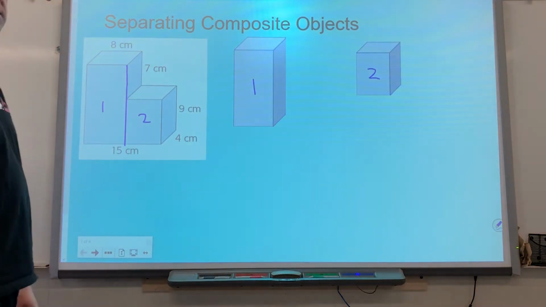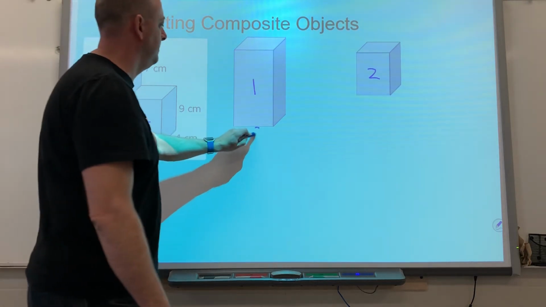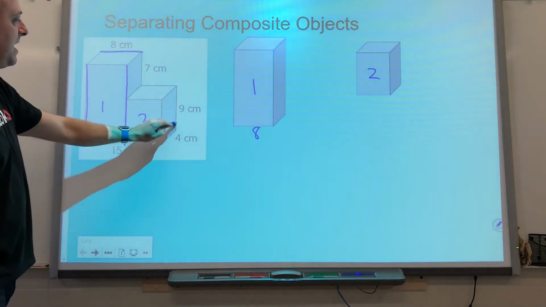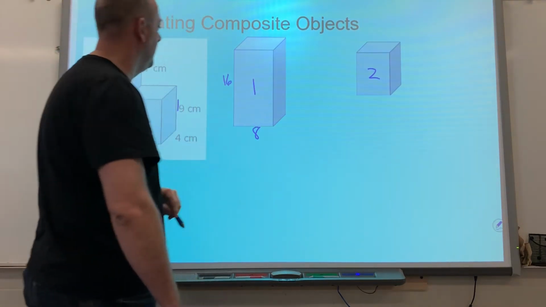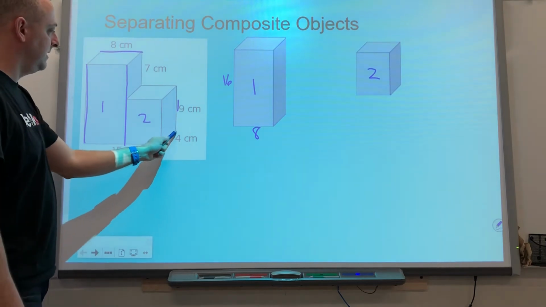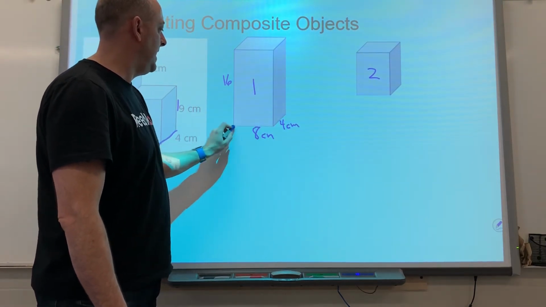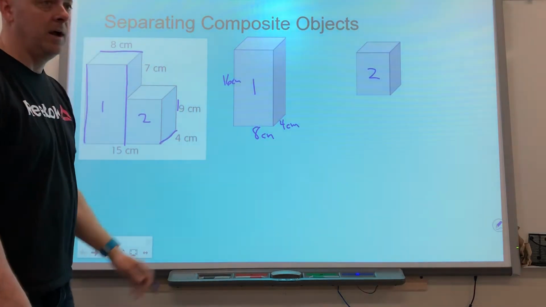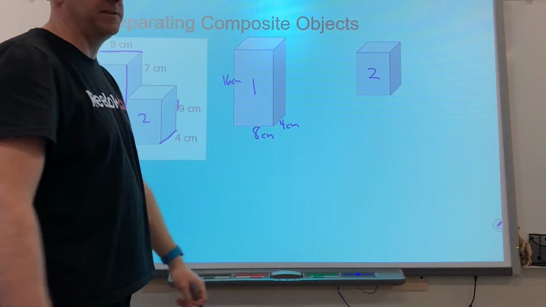And then we can just do the dimensions of it. So you can see the dimensions of this is, it's 8 across here. It is a height of 9 plus 7 more is 16. And then the depth of it is 4 centimeters right here. So these are 8 by 4 by 16 centimeters for object number 1. We would be able to figure out the total surface area of that because we've done surface area of rectangular